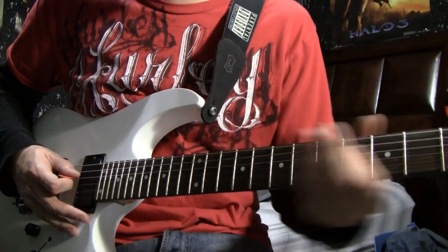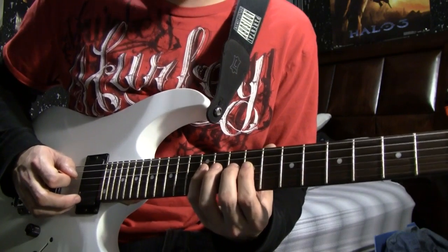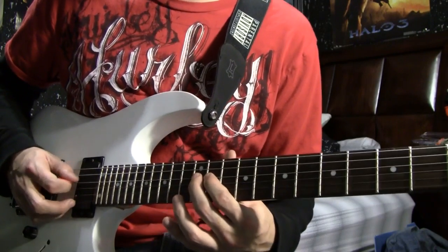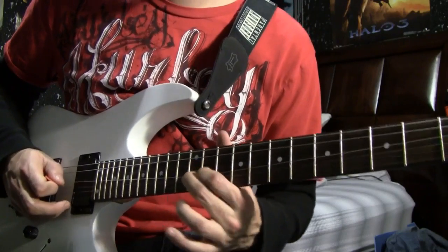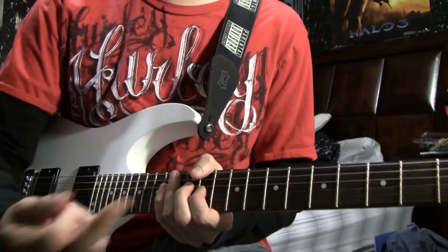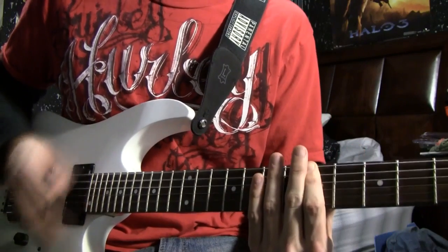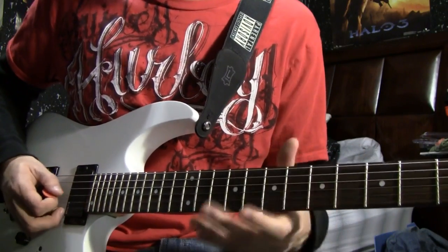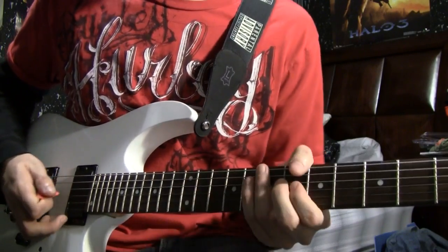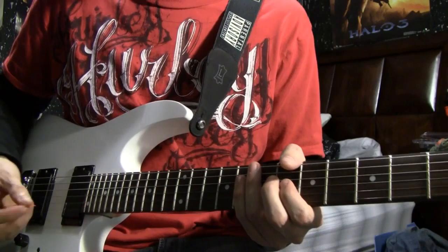It's slide in the 9, hit the 10, and then do a nice hammer on from 10 to 12. So, give that 12 a nice little whammy. Like I was saying before, don't whammy the shit out of it, just go. And you're playing that behind the rhythm. While this is playing this, you're playing the